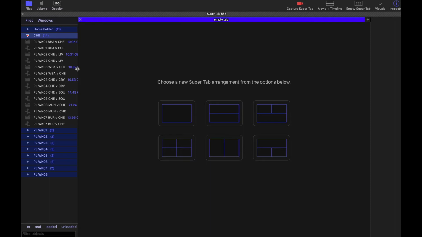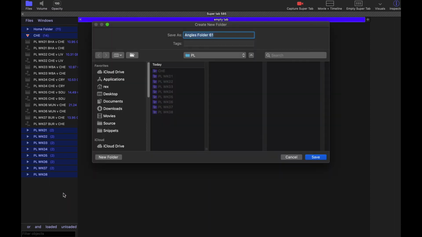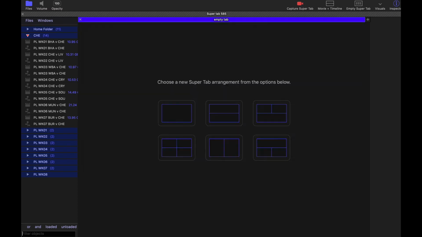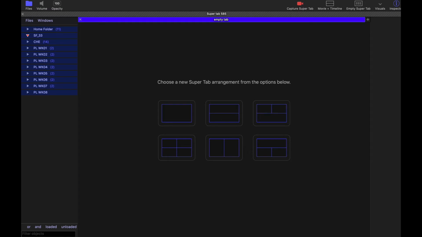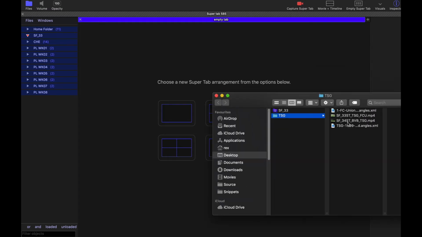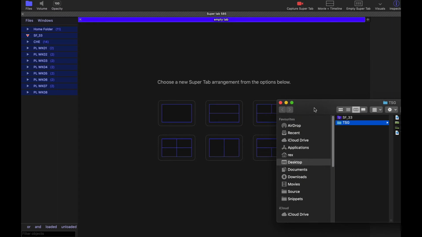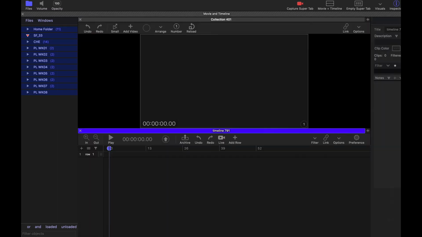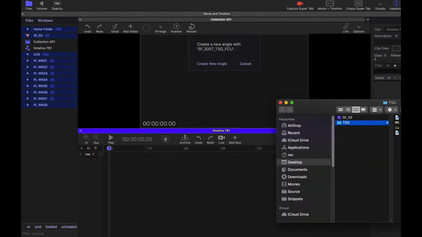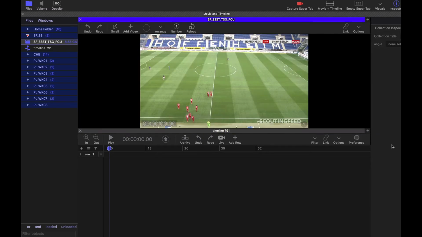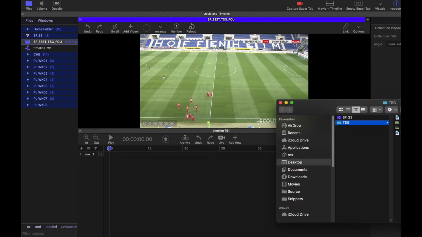Okay, so now let's construct something. I'm going to create a new folder, and I'm just going to do it on my desktop. I have an actual file from the DFL, so we'll go SF33, and I'll just save that to my desktop. And again, that becomes the focus folder, so we can now start creating content. Let's see what we got here. So we'll take that one. I'll create a new movie timeline, and I'll drag that in, create the angle, and then I'll drag in the